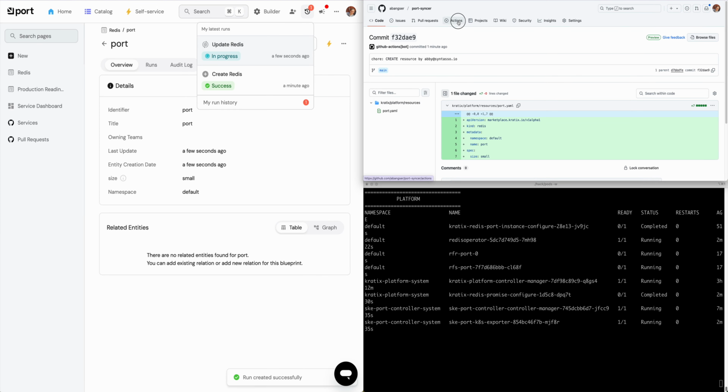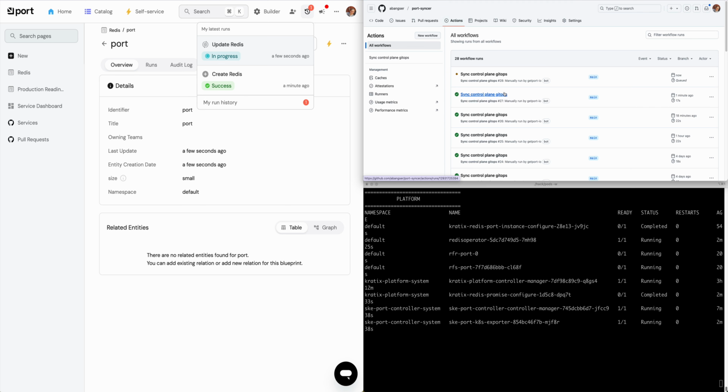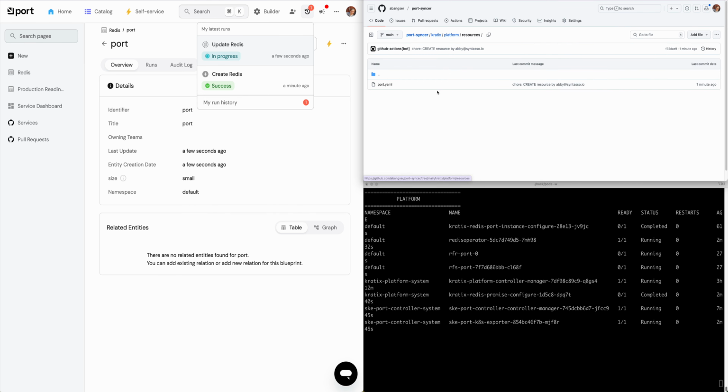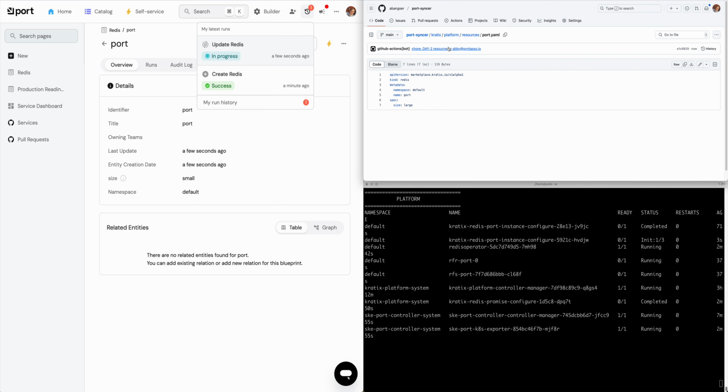That will in turn run another action. That action will update that file, that request. So let's give that a second for the action to complete. That's still on the create. And just now that's been updated as a day 2 resource and is now large, which will again kick off